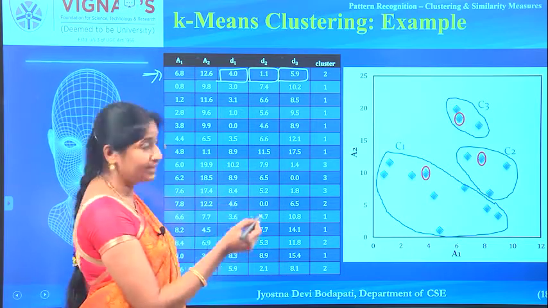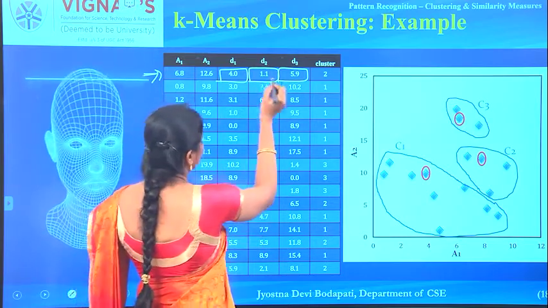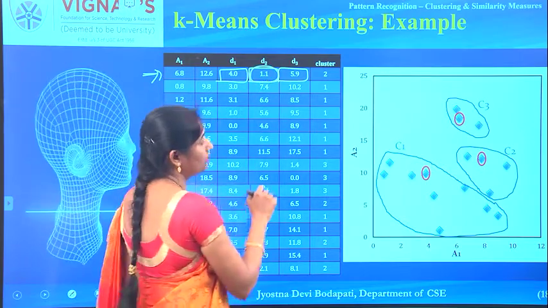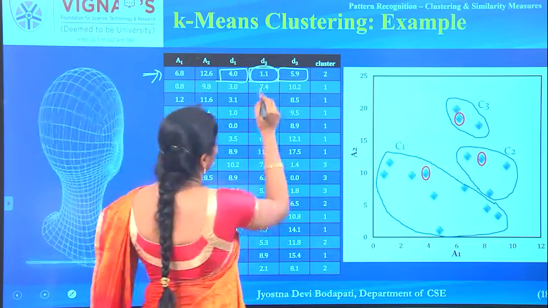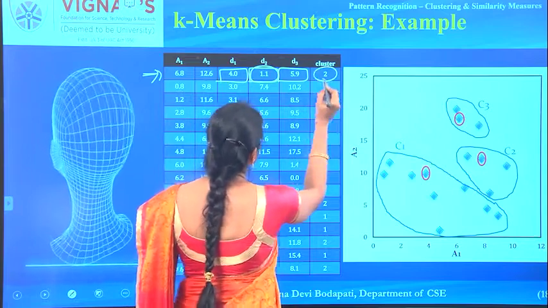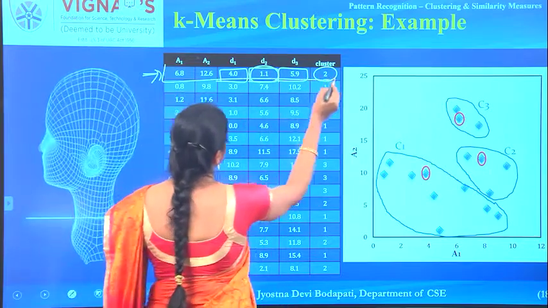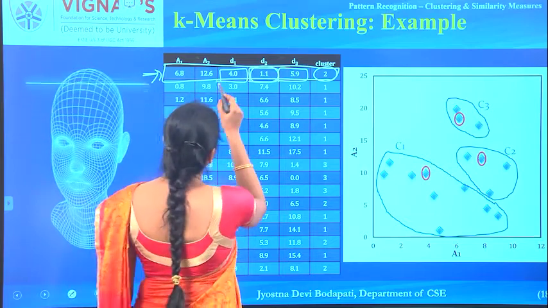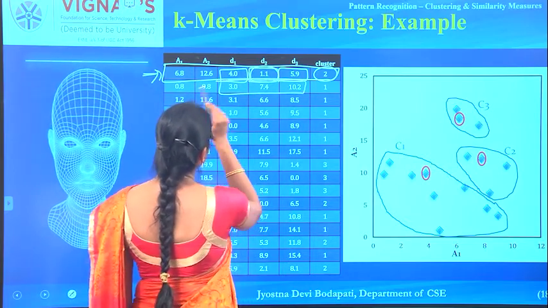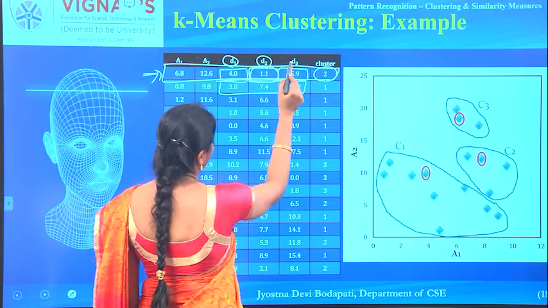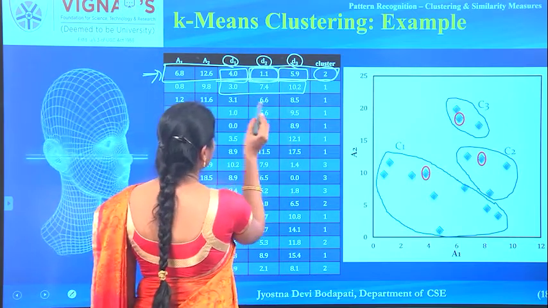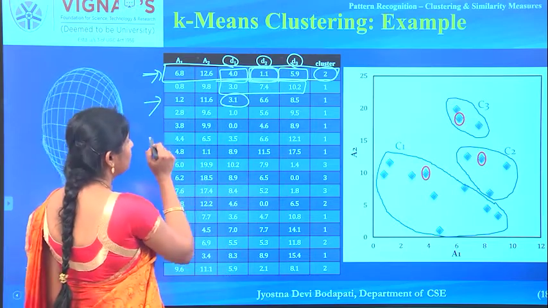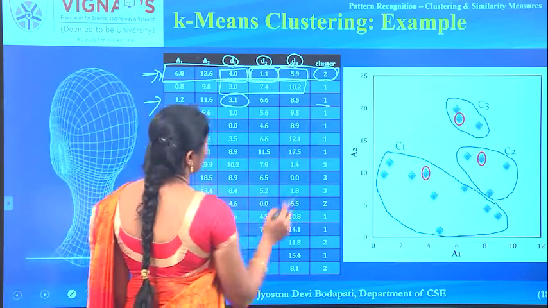Because it's a distance measure, the object is assigned to whichever cluster it is close to, that is, where the distance is small. So according to that I assign the first object to the second cluster. It belongs to the second group. And similarly, these are the distances for the third object to the different centroids. Whichever is small, to that cluster I need to assign. So that way I assign the third object to the first cluster.